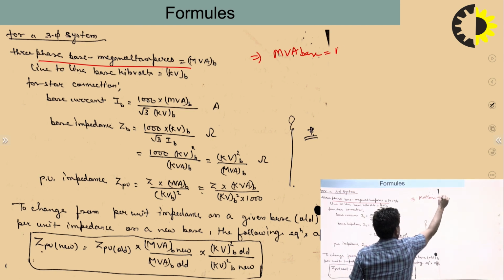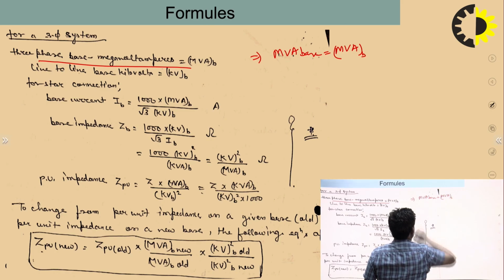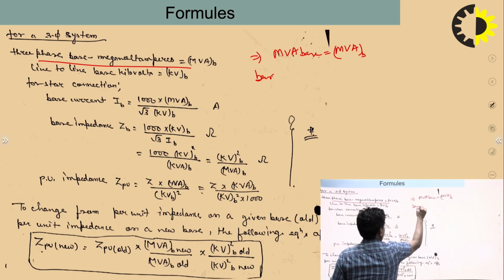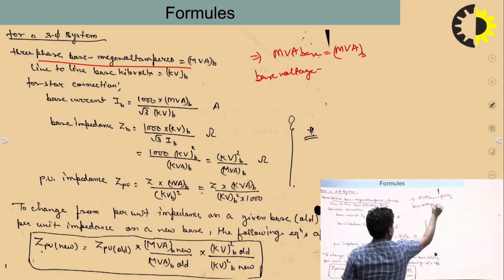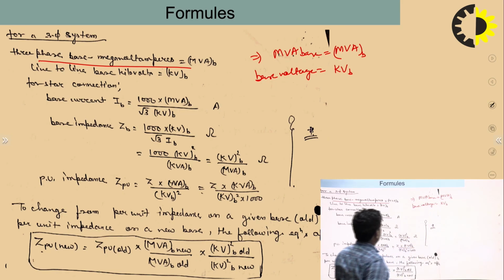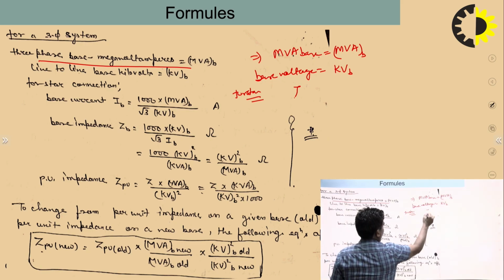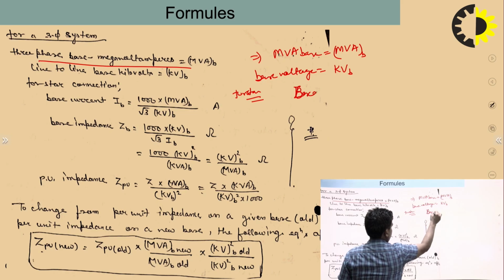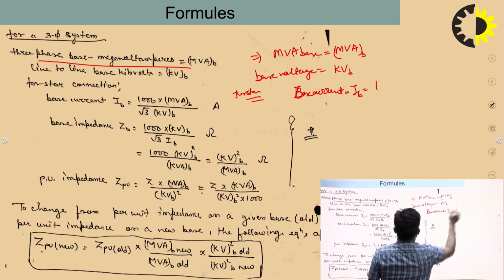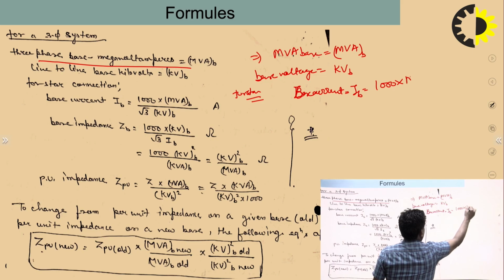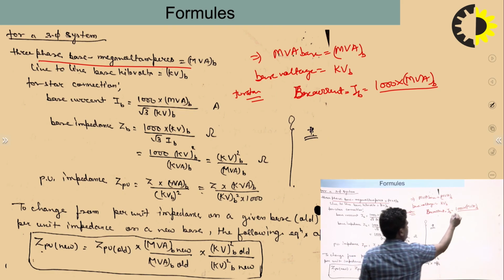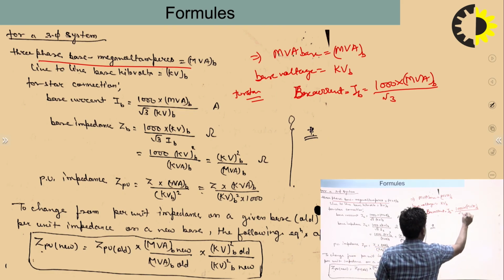We select the base volt ampere, and similarly the base voltage, because we are utilizing three phase and the star connection. To find the base current IB, since we have MVA, we have to change the MVA into kVA. That's why we multiply by 1000, and then the value will be root 3 into kV